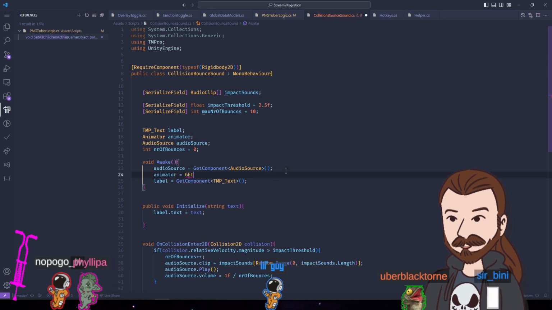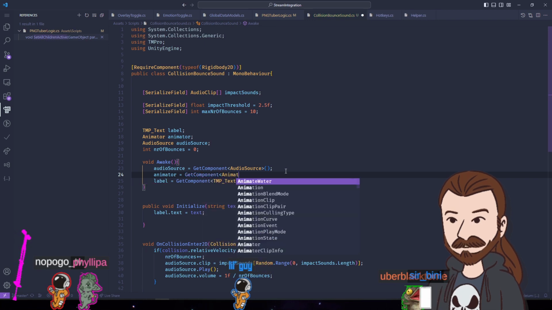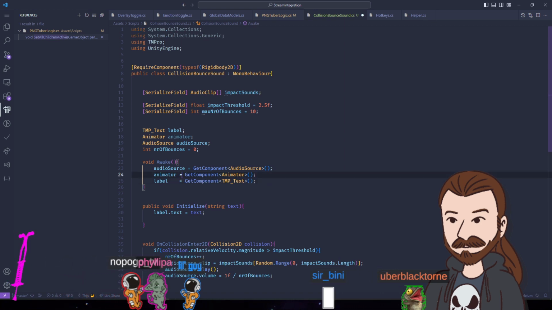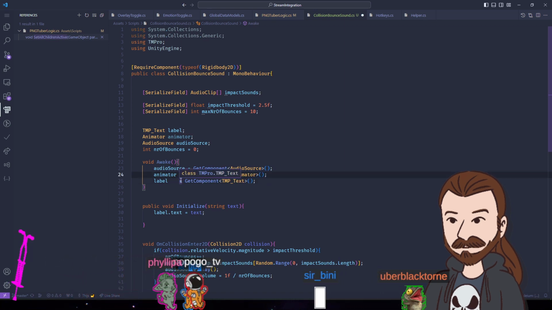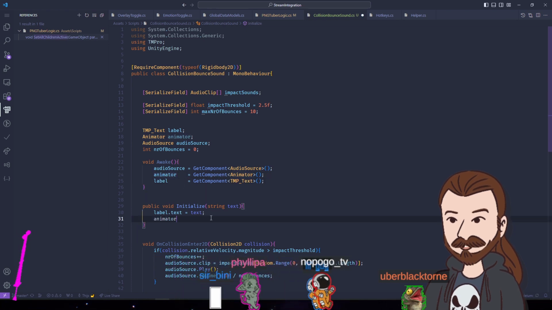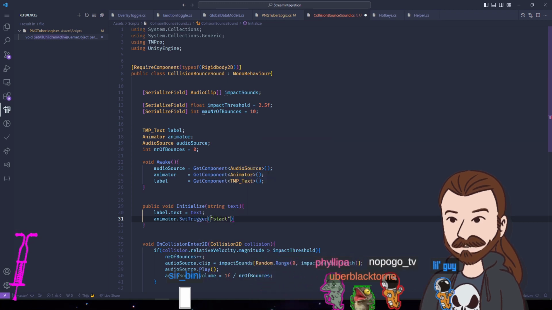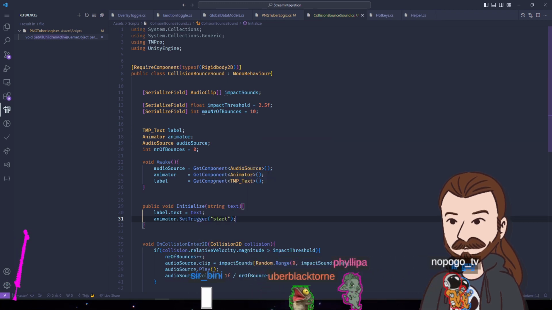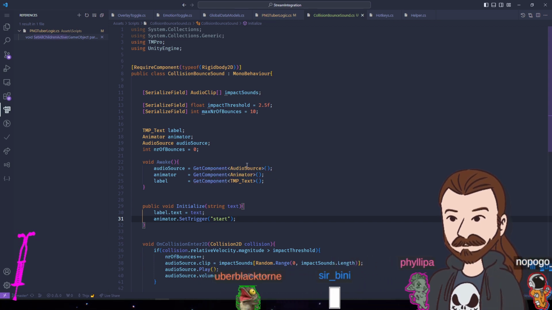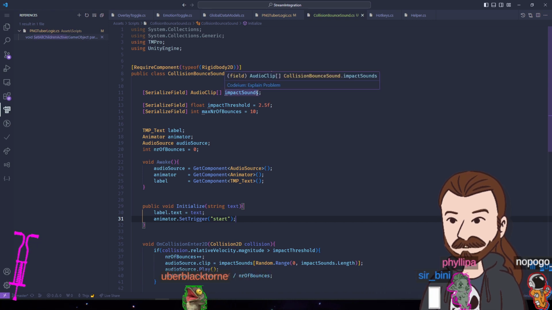Get component Animator. And then animator dot set trigger start. So we initialize and then we start it up. And then for the